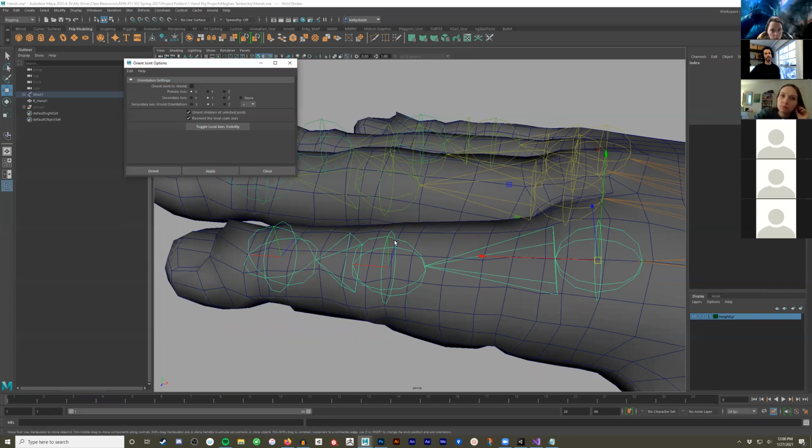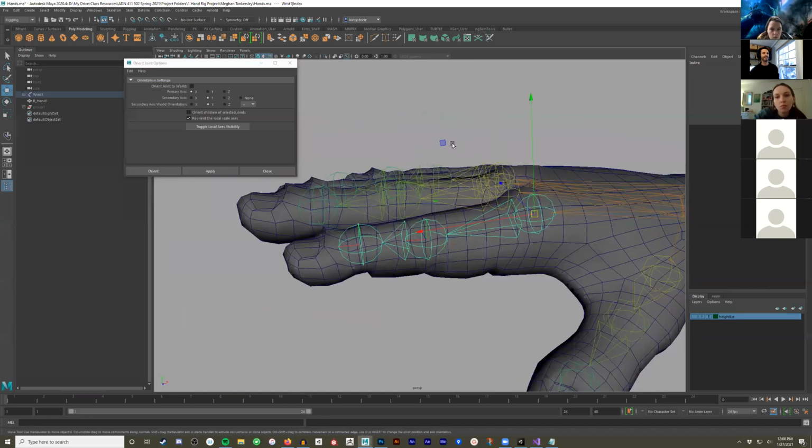This is just an option for a different workflow. So the primary axis I'm going to use is X, so I'm going to point with the red line. And the secondary axis, world orientation, I'm going to use Y and positive so that the green arrow points up. That's what that translates to. Okay. So if I hit apply,